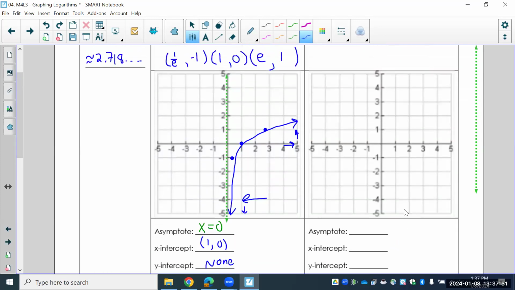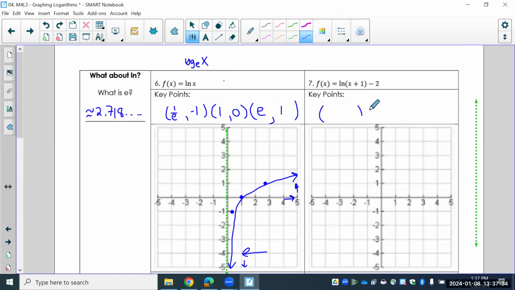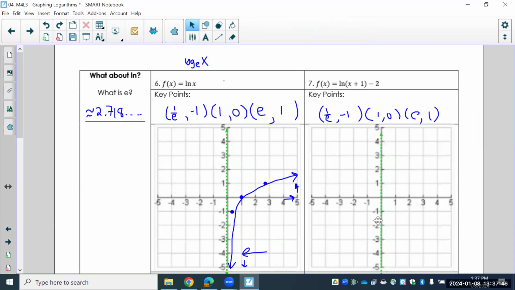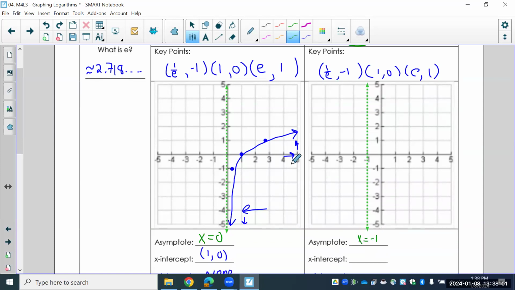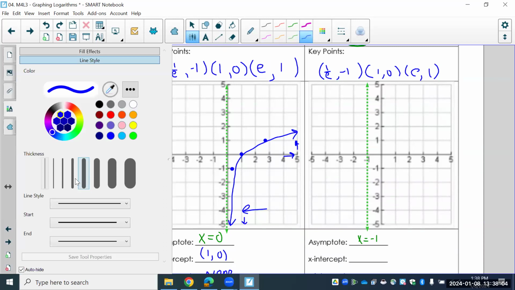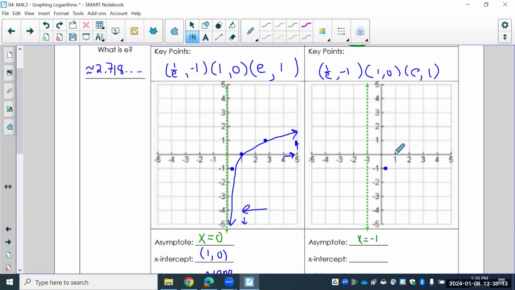All right, so let's take a look at a transformational problem of this. So key points are going to change. They're still going to be the same. 1 over e, -1, 1, 0 and e, comma 1. Our asymptote will still be here, but it's going to move, in this case, to -1. Let's see why. I always like to start with the asymptote. It's right there, and it's telling me that the h value is equal to -1, making our asymptote x equals -1. Then I like to put the key points on, and the reason is because these key points are going to approach this asymptote, so it just gives you a ballpark of where you need to be. So 1/3, -1, 1, 0, and